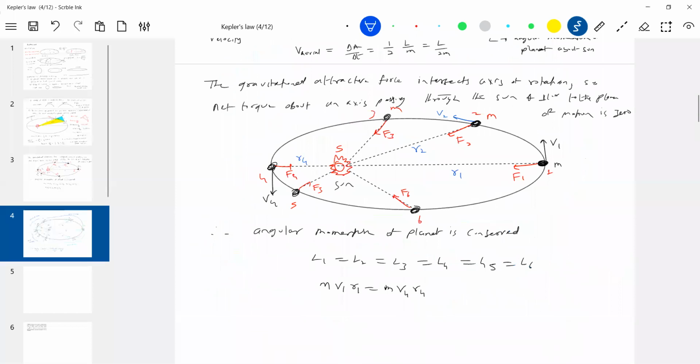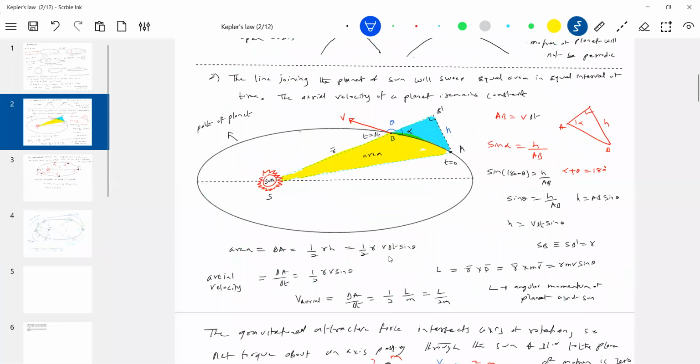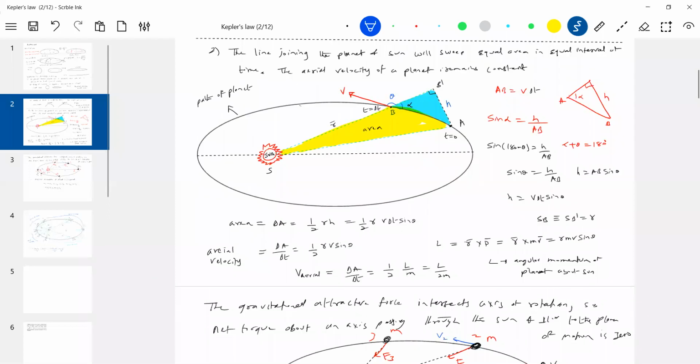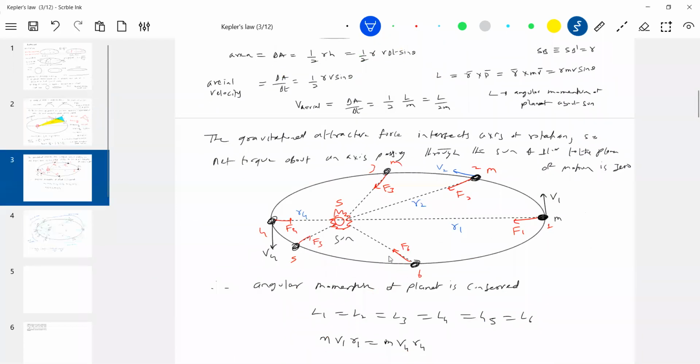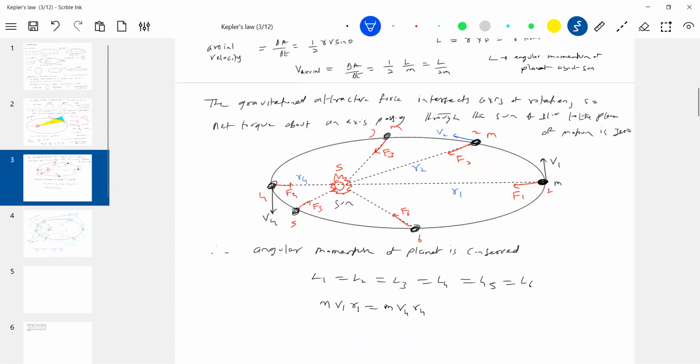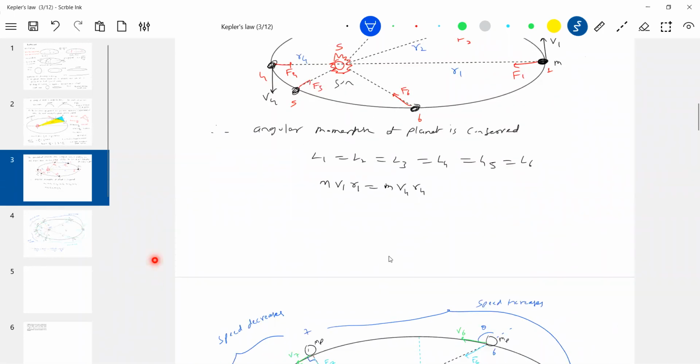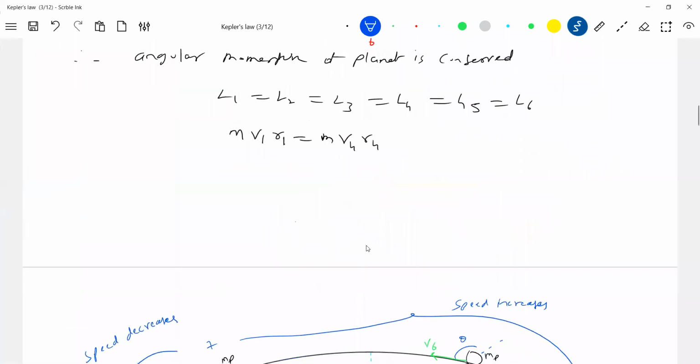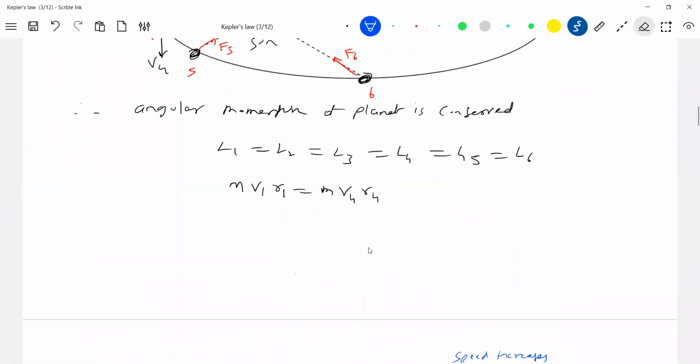So this is about Kepler's second law. What is the meaning of this here? It's a small statement, but we should really analyze it so much. It will sweep equal areas in equal intervals of time. What is the meaning of that? Some of you are still asking that. So what is the meaning of that? Okay, let me.